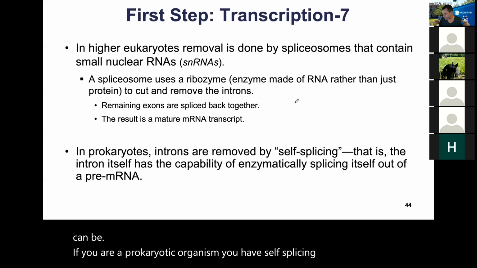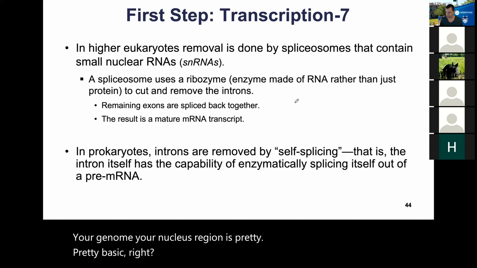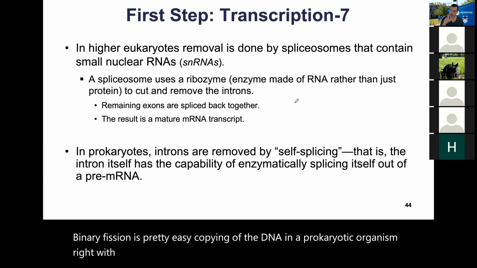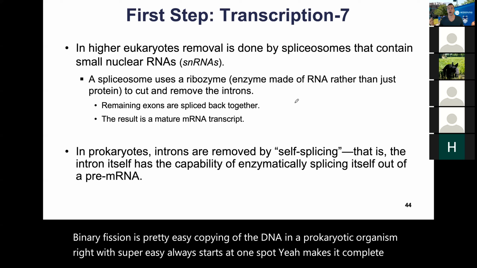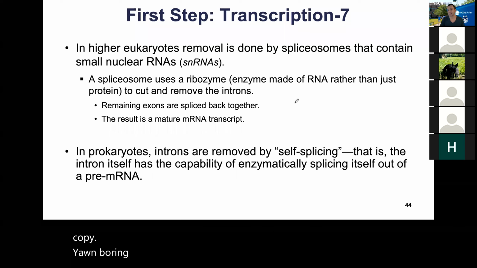But your genome, your nucleus region is pretty basic, right? Binary fission is pretty easy. Copying of the DNA in a prokaryotic organism was super easy. Always starts at one spot, makes a complete copy. Boring, right? So they can easily do it because they are so basic. For us,